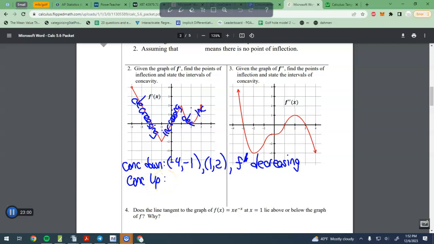And then concave up would be the rest of it. So -1 to 1, and 2 to 3, and I can put a bracket at 3 because that's a closed point. If you had to justify it, you would say because f prime is increasing. Or if you wanted to, instead of decreasing, you could say